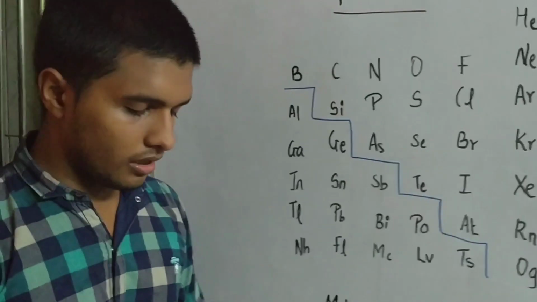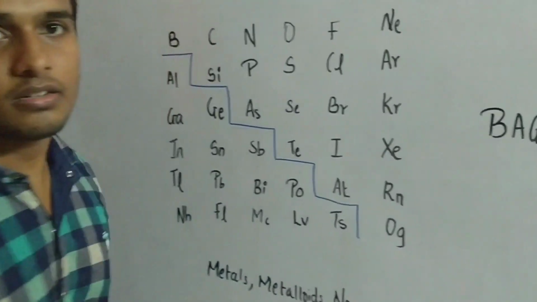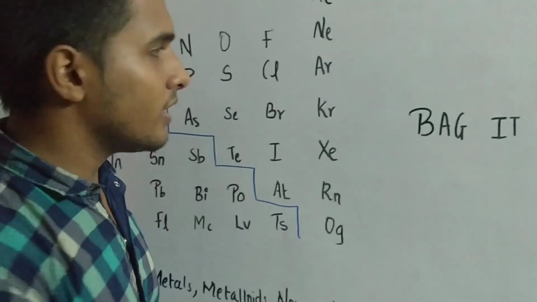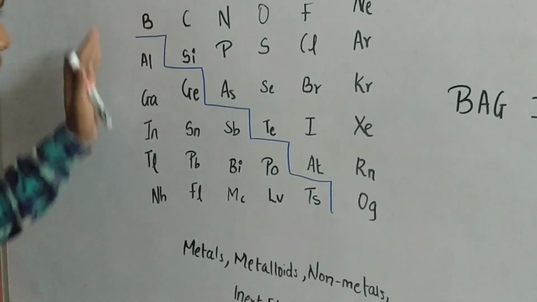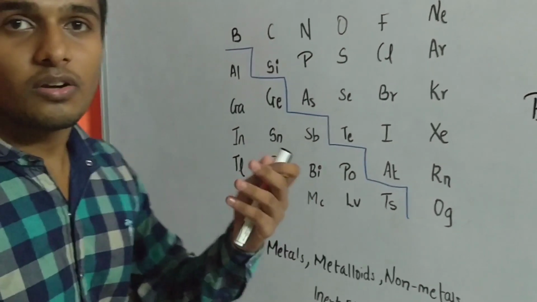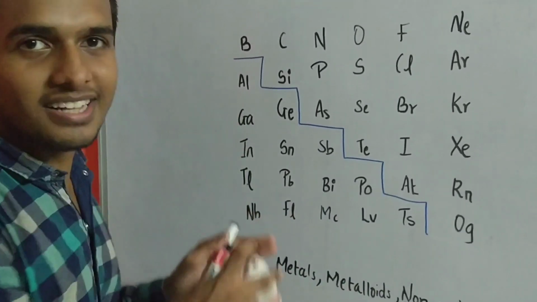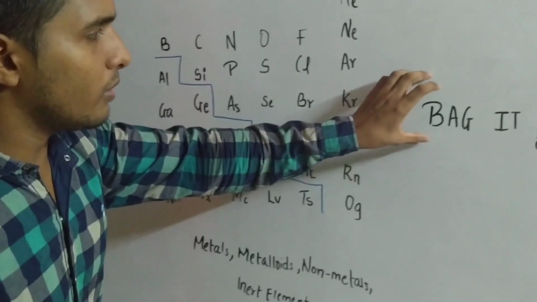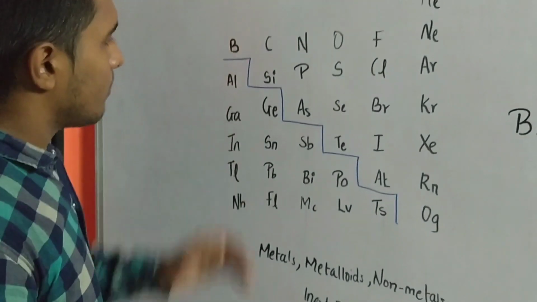It is a radioactive metal, so for that I have kept an exclamatory mark. And when you spell this particular line, you will feel there is no meaning for it. So hence I have made this total group as a no knowledgeable group, but in the world of chemistry it has more knowledge, but for your memorization I am making it simplest. The mnemonic is Bagit. Next we'll move to the carbon family.